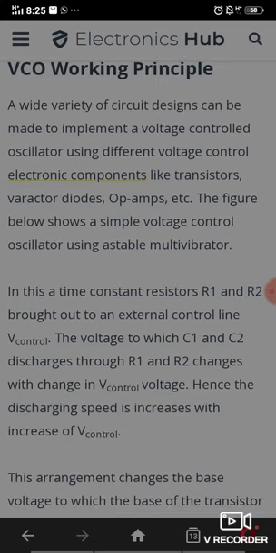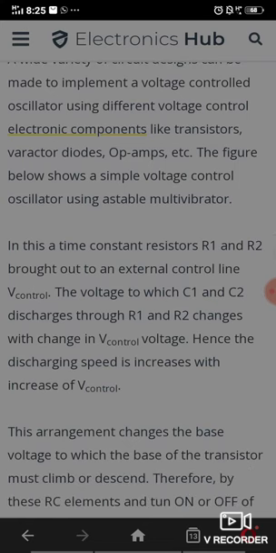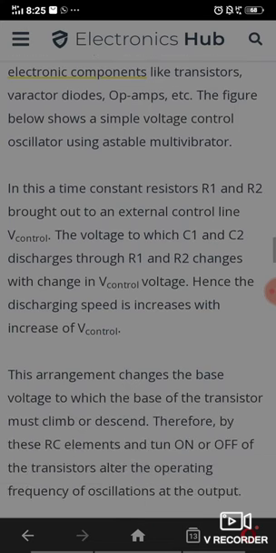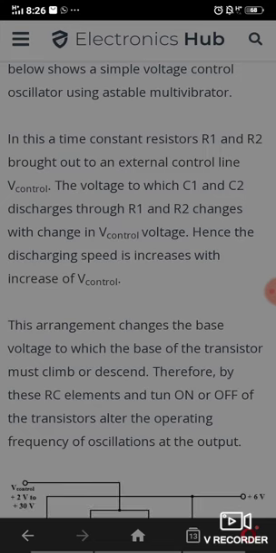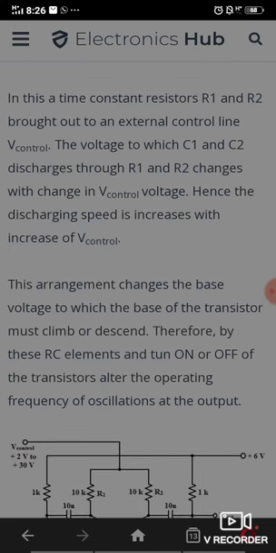The voltage used by C1 and C2 to discharge through R1 and R2 changes with the V control. Hence, the discharging speed increases with the increase of V control. This arrangement changes the base voltage to which the base resistor must give a decent drop. Therefore, by this RC element, the turn on and off of the transistor alters the operating frequency of the oscillator at